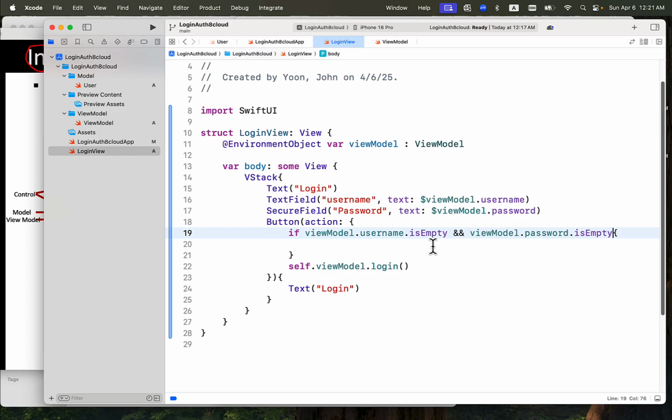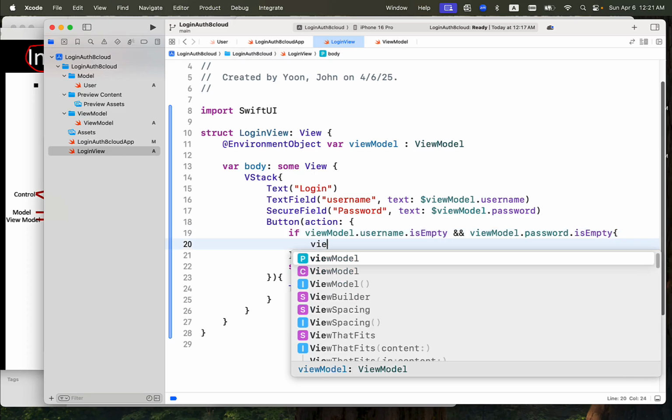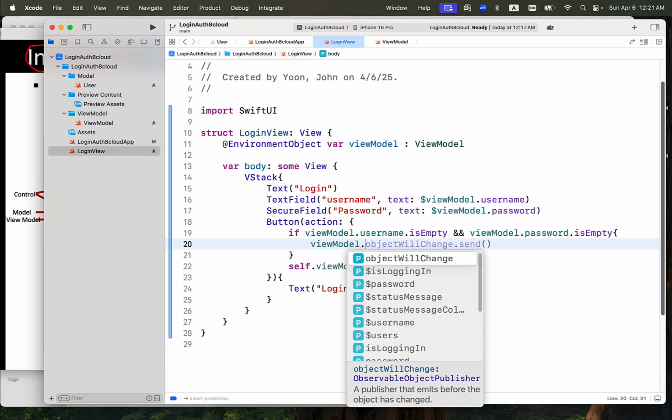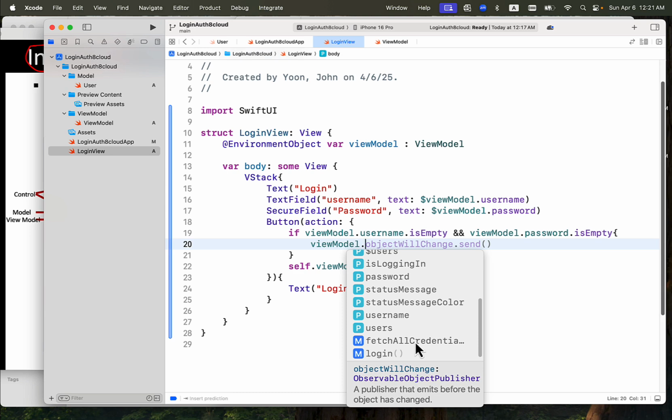Okay, then we run view model, both are empty, then we need to access fetch all credential,